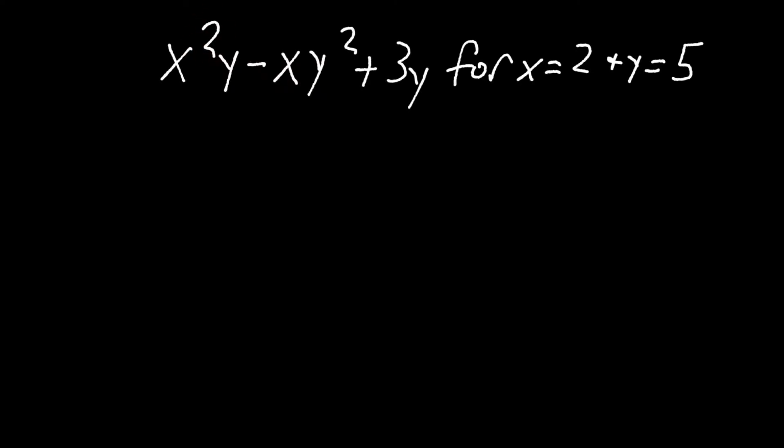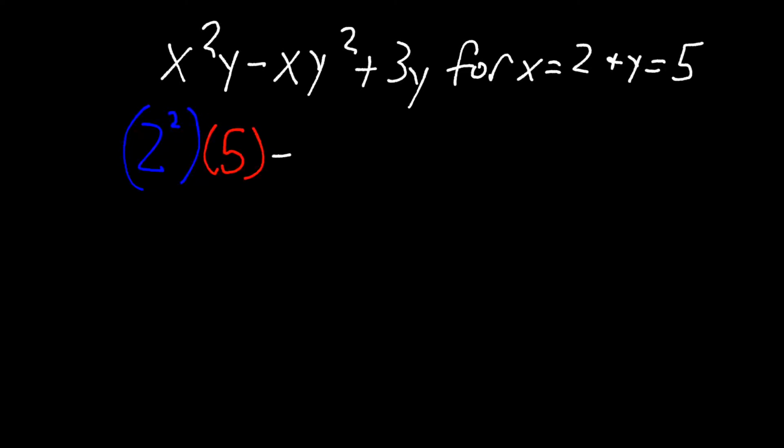Notice where the exponents are attached. This exponent of 2 is attached to this x. This exponent of 2 is attached to this y. So we want to make sure that when we substitute the values in, we keep the exponents with the values they go with. So we've got 2 squared times y, which was 5,